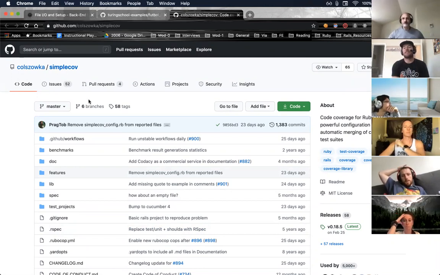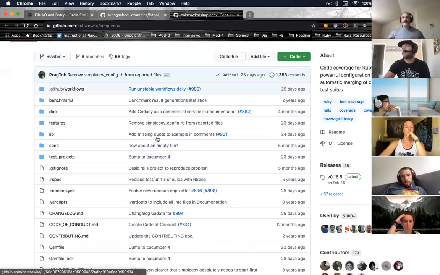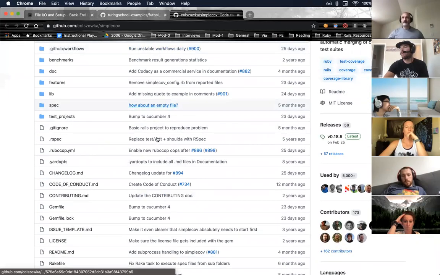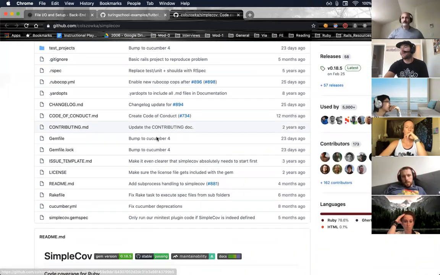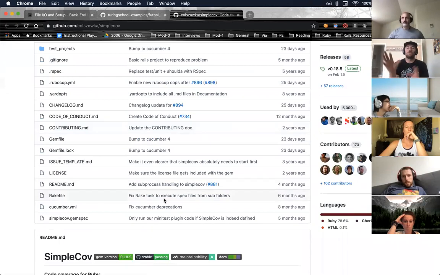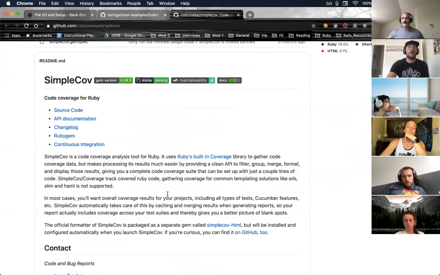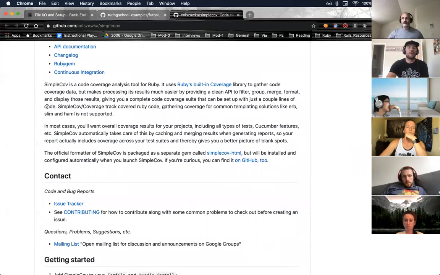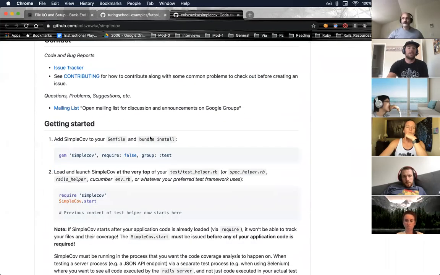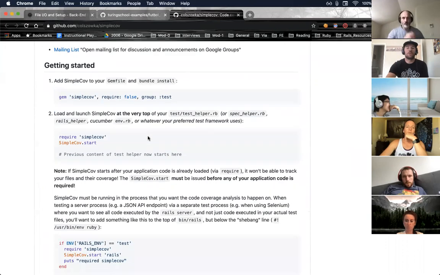Every time I've had to set up SimpleCov, this is probably bad, but I just go read the README, set it up, make sure it runs when I run my test suite, and open up this window that shows you the coverage, and then I move on with my life once it's set up properly. So I'm not positive if you need a setup method or not, but all of those requirements and getting started stuff should be on the README of SimpleCov.